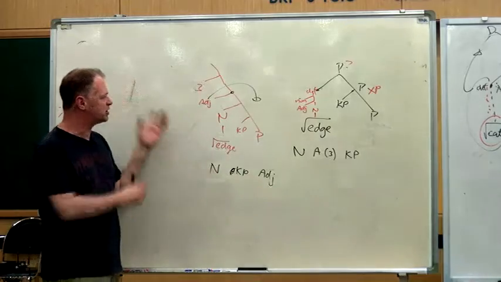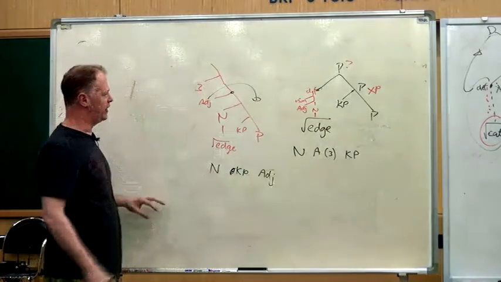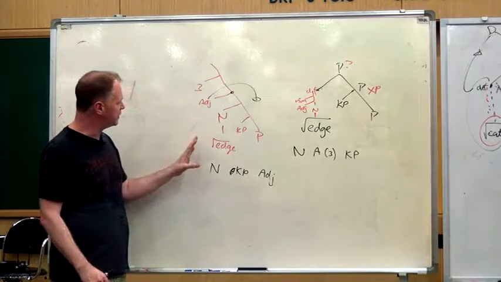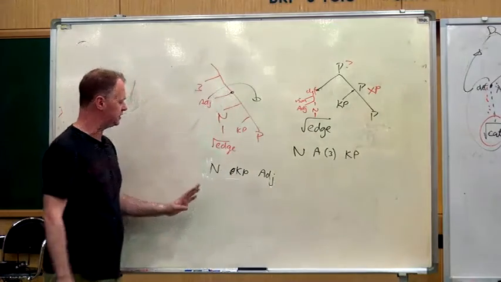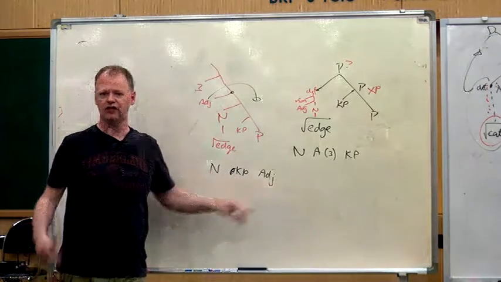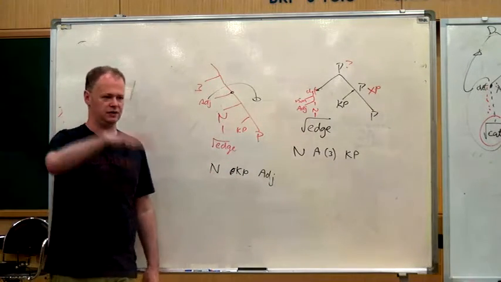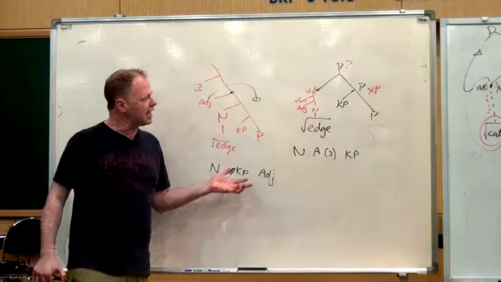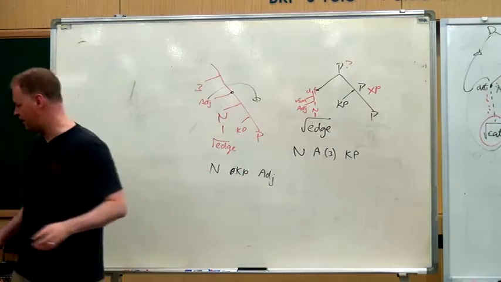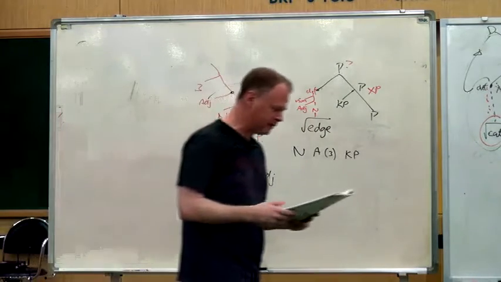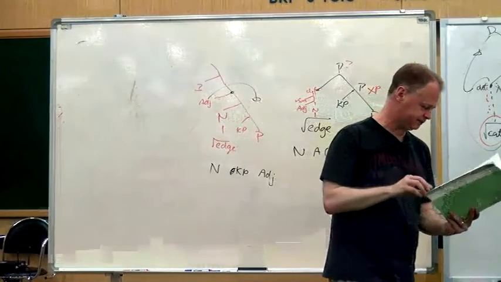In this system, putting aside movement operations that might be taking place, maybe we move things around, what we predict, if we just do this in terms of headedness, is noun, prepositional phrase, adjective phrase. Right? So if all we're doing is swinging the tree around, then that's kind of what we expect. It turns out, looking across languages, that that's not what we find. So have a look at the next handout, PP peripherality and nominal syntax.